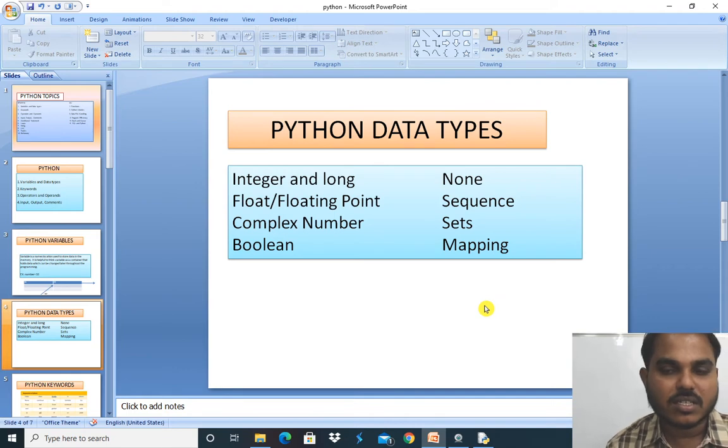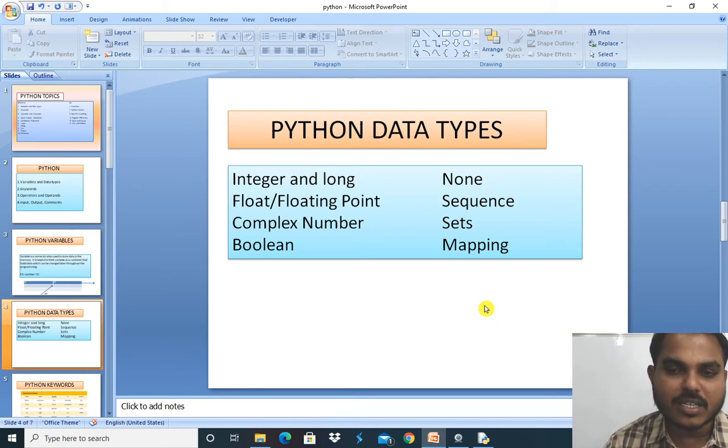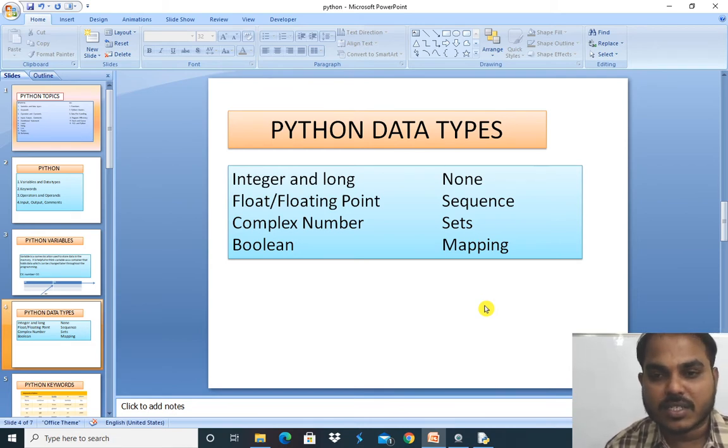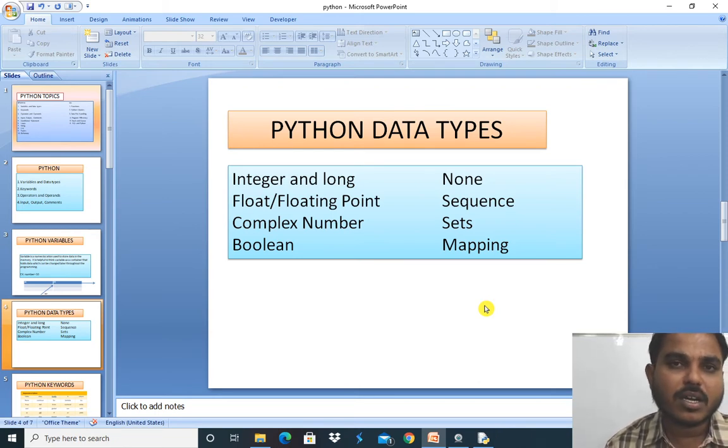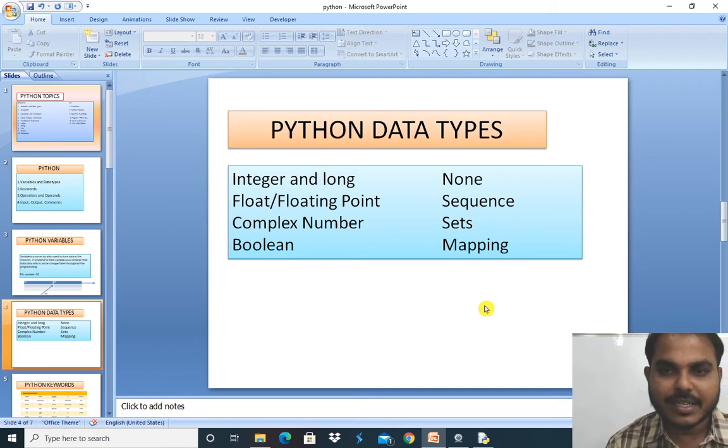Next one is sets. The difference between sequence and sets here is, whenever you make a list of students, some duplication of values are going to be repeated. Suppose if 2 students are sharing the same name, it takes only one name in sets. Mapping means what? Key-value pairs. Suppose you want to use only one keyword, you want to assign multiple values to that keyword, that can be done. So we'll see it in the next class, how to use sequence, sets and mapping, right?